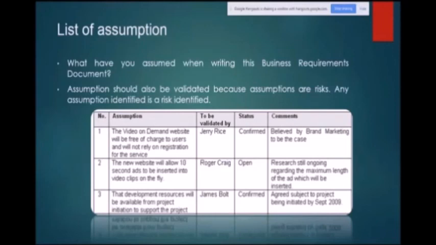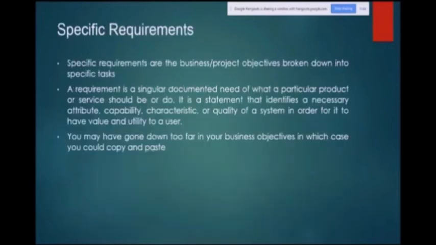Same way, the new website will allow 10-second ads to be inserted in a video clip on the fly. To be validated by whom, status is open. The research is still ongoing regarding the maximum length of the ad which will be inserted after 10 seconds.